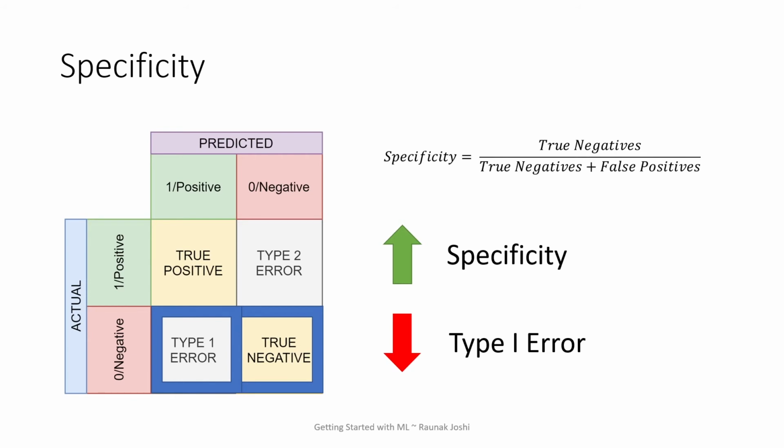So coming back to the point, type 1 error is supposed to go down in such scenarios. I don't really bother about, let's say, cancer classification. Let's say the person does not have any cancer, but the system tells that the person has cancer. The person might panic, go to the hospital, get some tests done, and after a few days the person is actually not having cancer, so the report is going to come false. So this is not a risk zone. A spam folder is a risk zone, so I have to avoid it. So the type 1 and type 2 error are very, very subjective with respect to the problem statement.